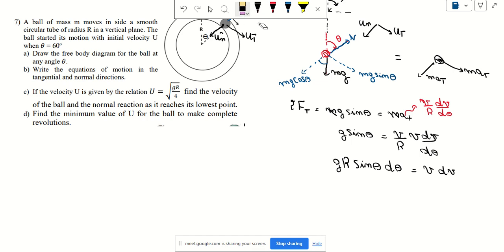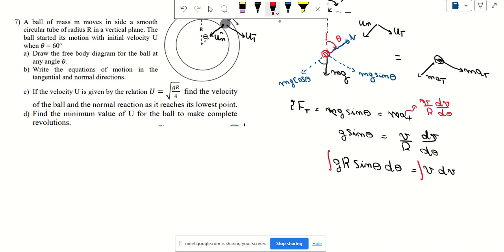And this, I have a typo. This is SV over R dv by d theta. Okay, so I have all of the theta in one direction and all of the v's in the other direction. So simply I'm going to integrate. Guys, okay or not? Yeah, you integrate. If you integrate g, and r is a constant, so you'll find yourself saying that